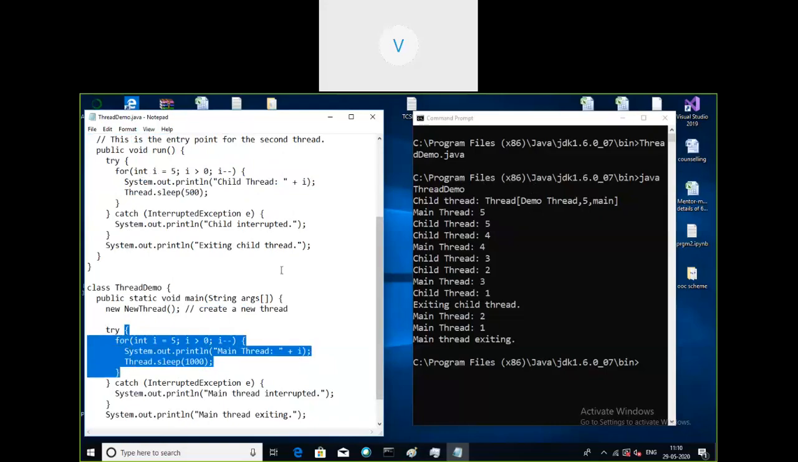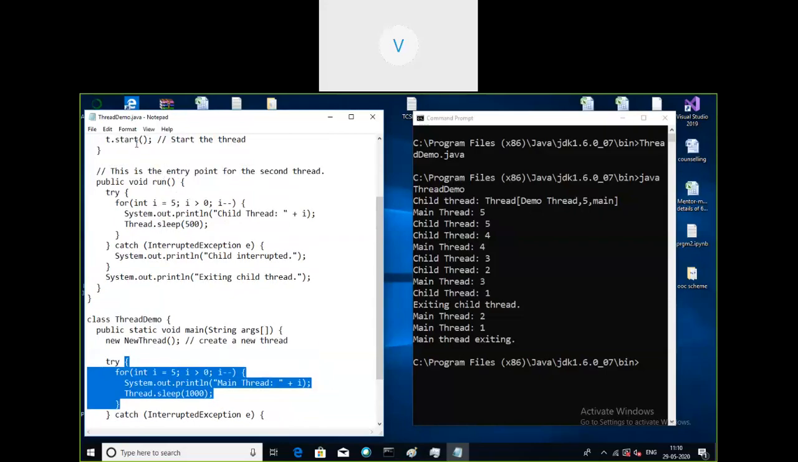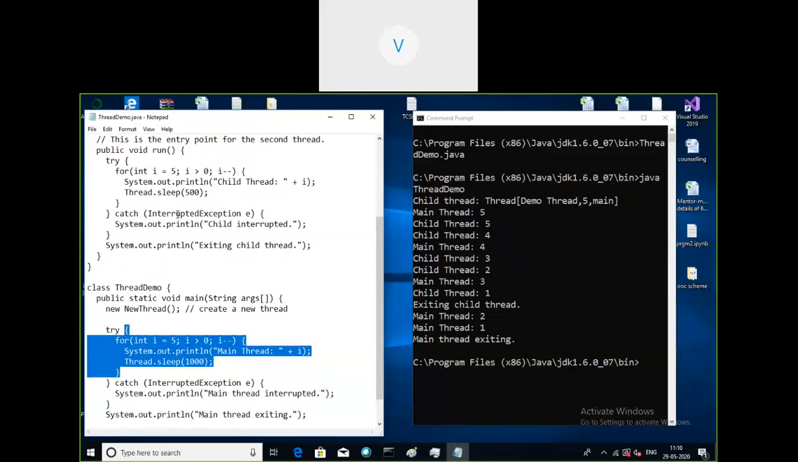So as you can see here, we have created the child thread and we have started the execution of the child thread. But the main thread was already created here. So the first priority is the main thread, and it will execute first. You can see the very first statement, the output is main thread and the value of n is